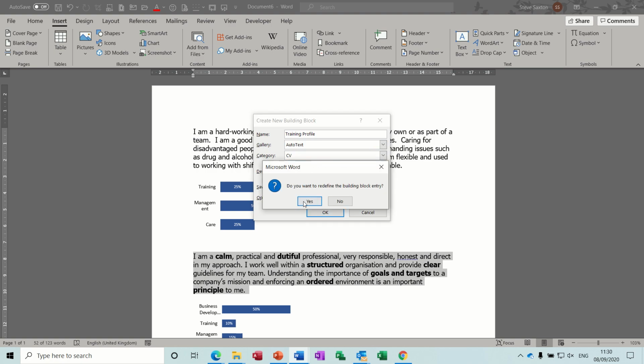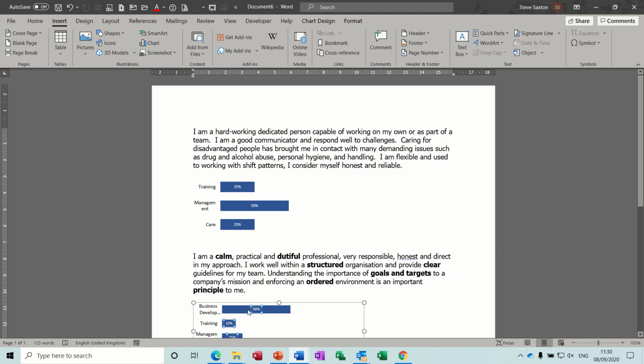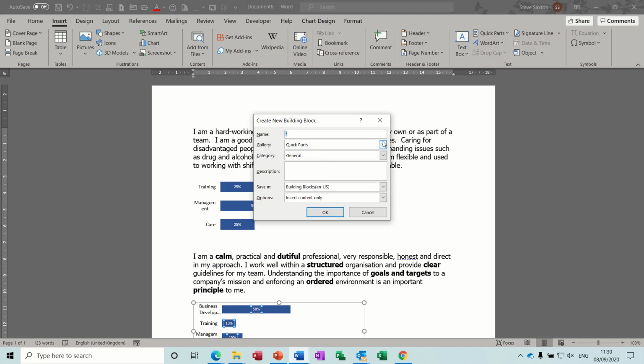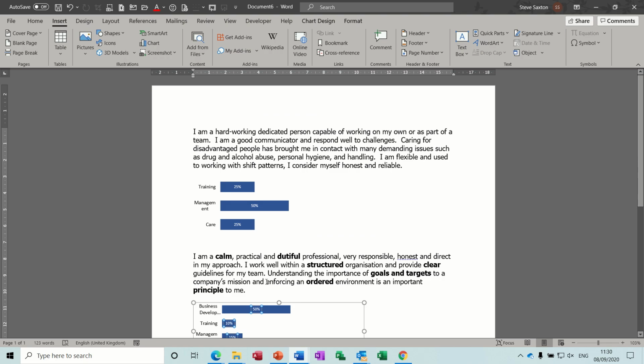Okay, I've already got that one. And then click on the graph, save selection, call it training stats, auto text, CV. Okay, now that's all added in. Now we can go back to the other document,